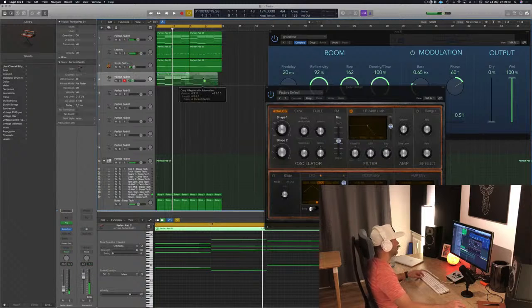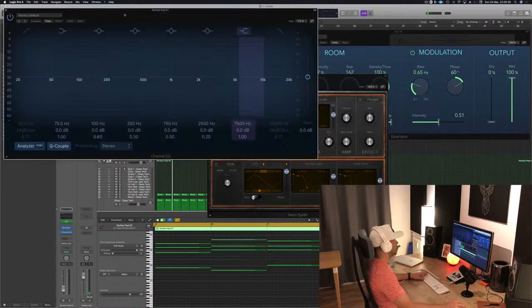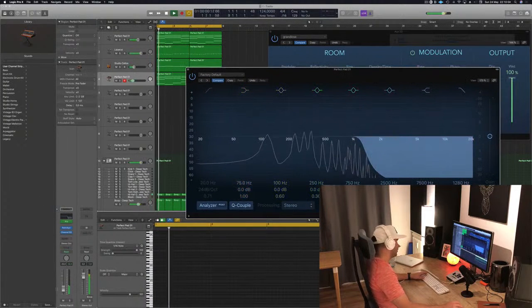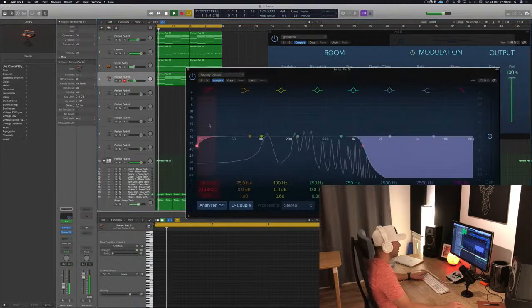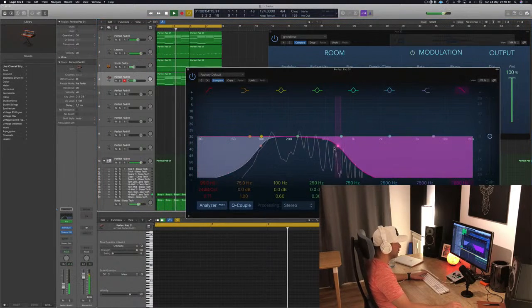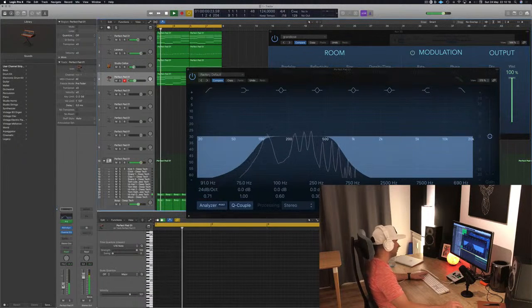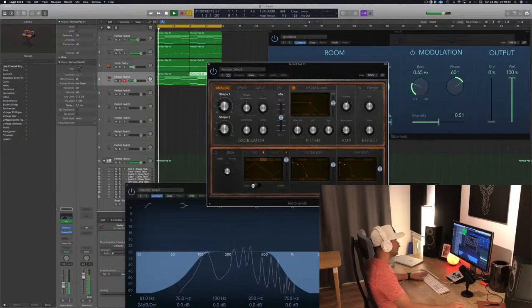I tend to always use the basic because the other ones don't really bring anything more, just a simple arp really. And then I like to cut the top completely. I just want the mid lows really, something around 600-700K. It's just a little groove there. I like to also